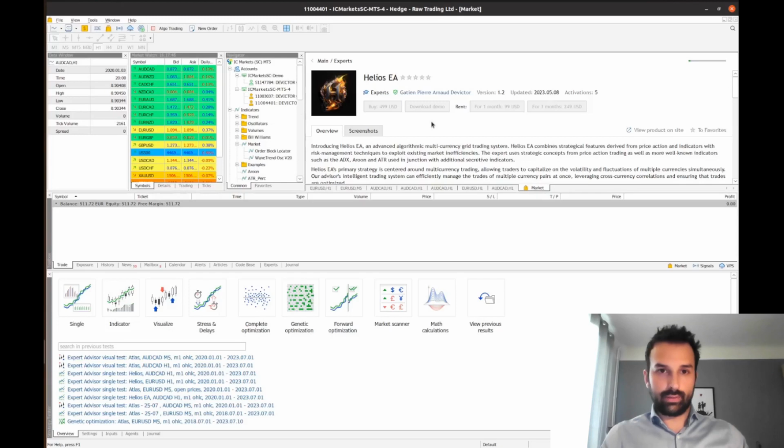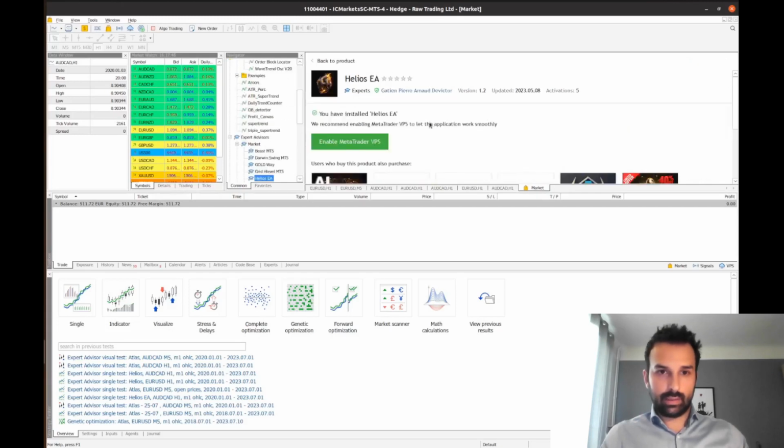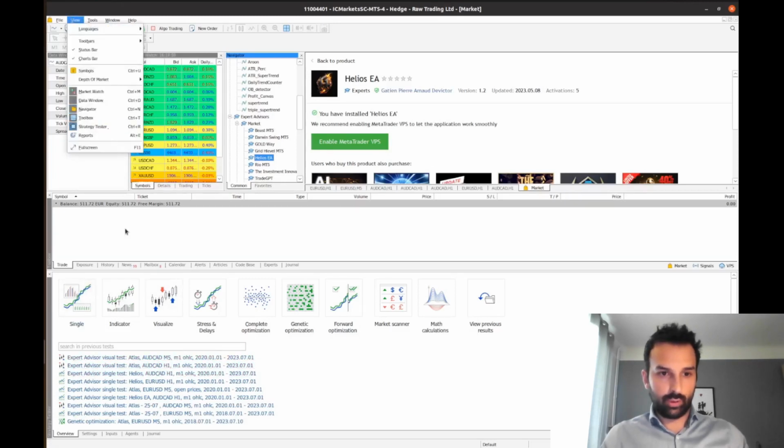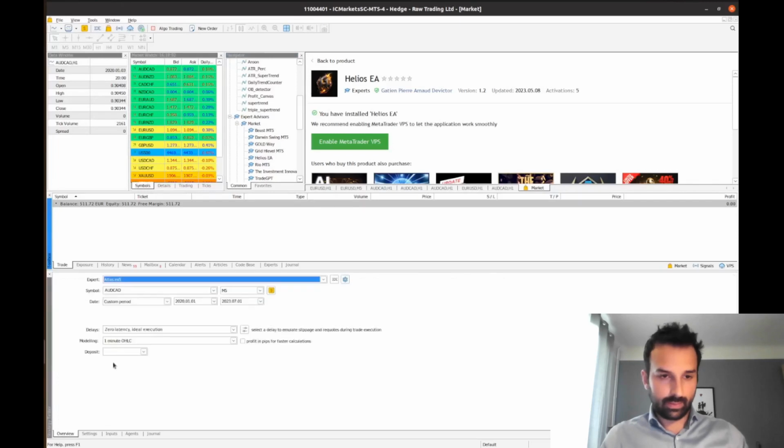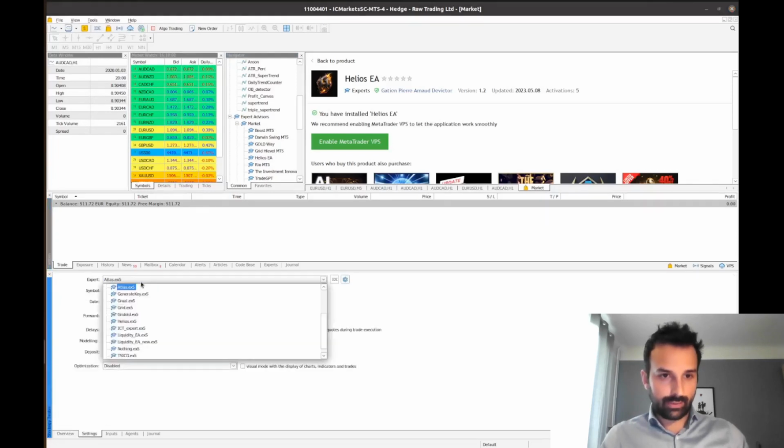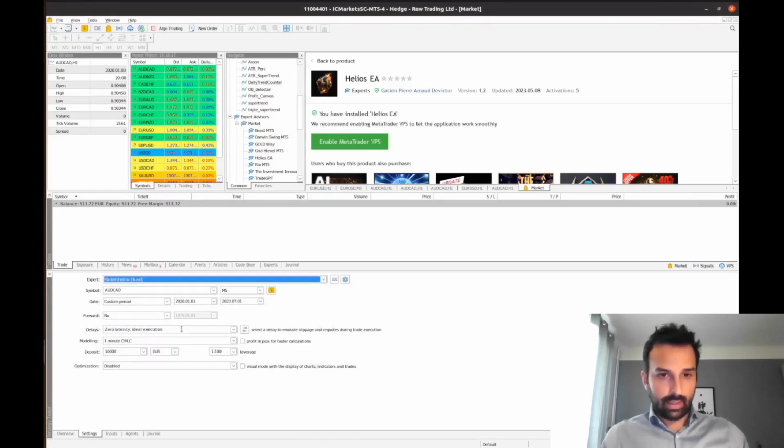Then you have to wait a little bit. And then Helios EA should appear in your file inside the market tab. Then using the strategy tester at the bottom, you can click on single test and search for Helios EA. To do that, just find the market watch, click Helios EA, and then you're going to have to select symbol